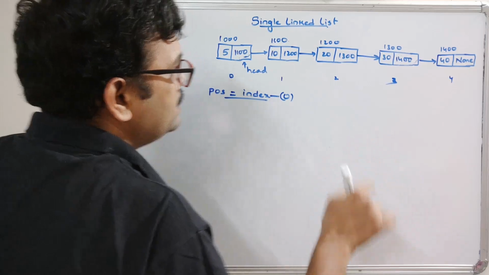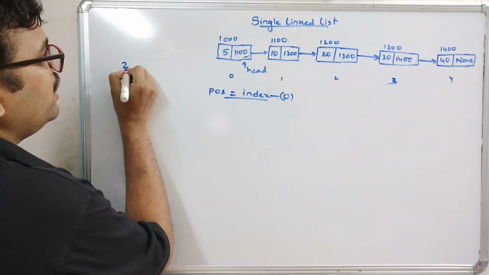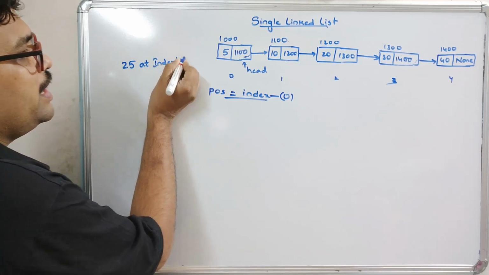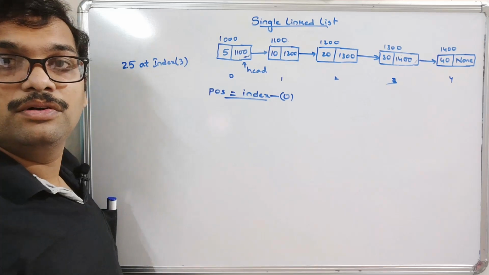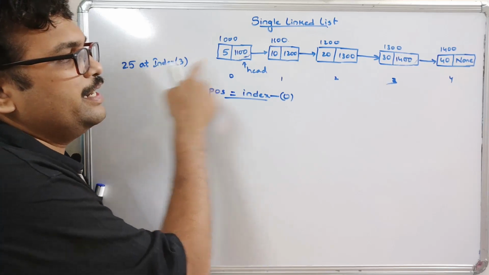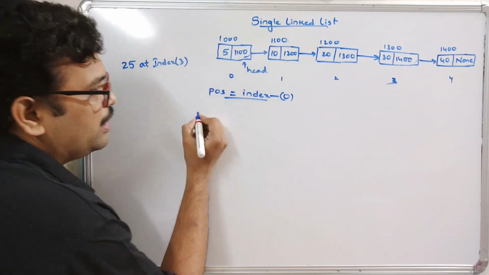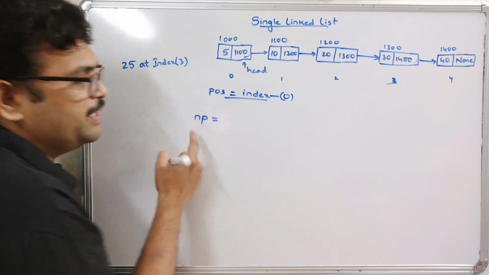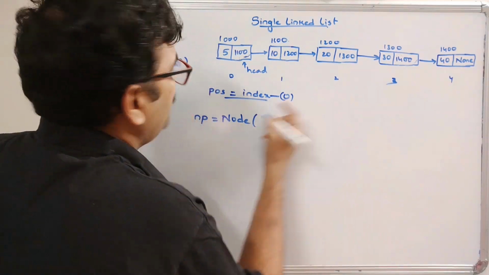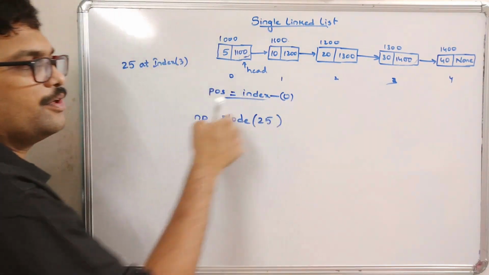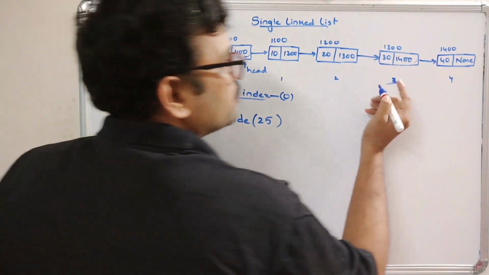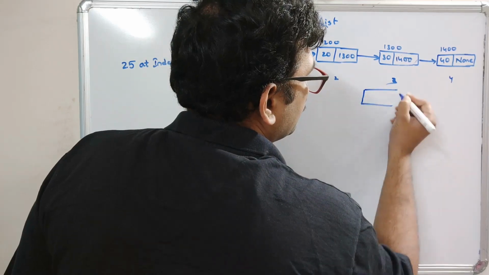Now I need to insert some 25 at index 3. I need to insert the node 25 at index 3. Index 3 is here, right? Now let us take NP, that means a new node at position, is equal to the node, let it be 25, that is the data. Okay, that is 25. Now 25 should be placed here. So before placing here,